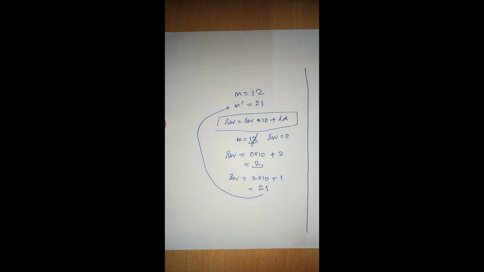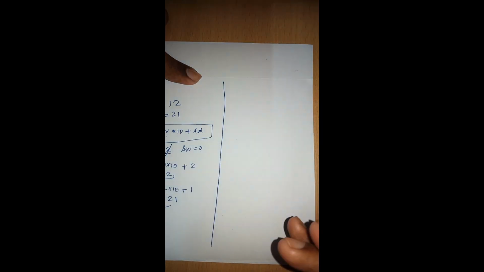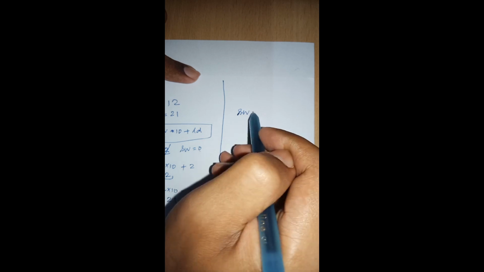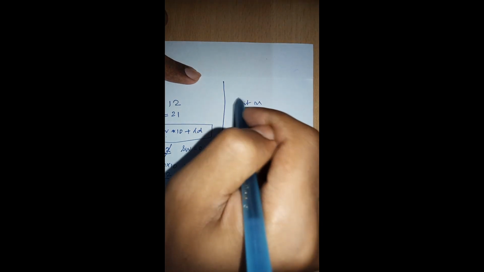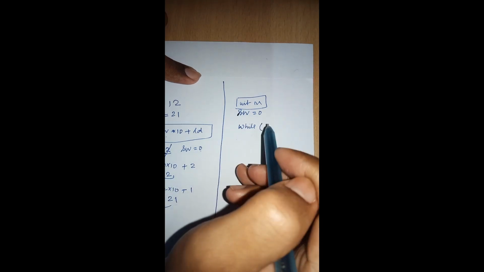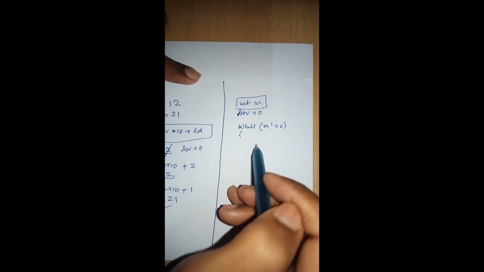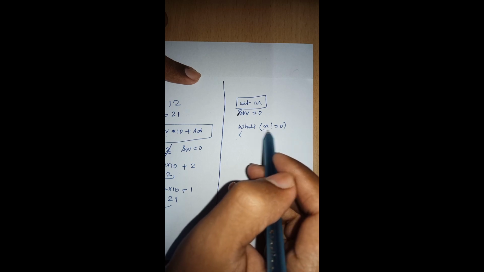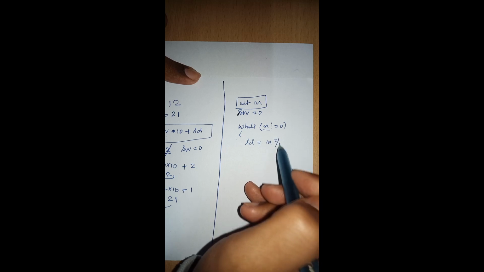So how can we write this using loops? Simply we can initialize reverse as 0, and suppose that we are given an integer n which we want to reverse. Then we can run a loop while this n does not become 0. First extract the current last digit of that n. So we can say last digit will be n modulo 10,